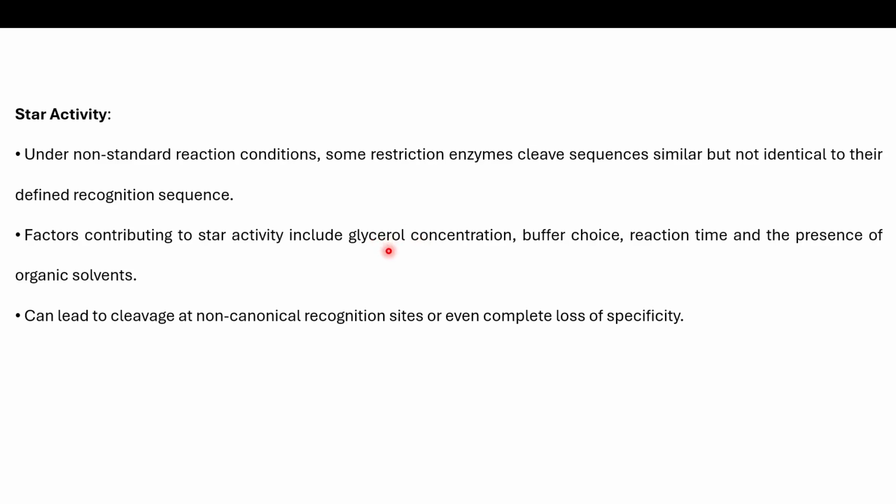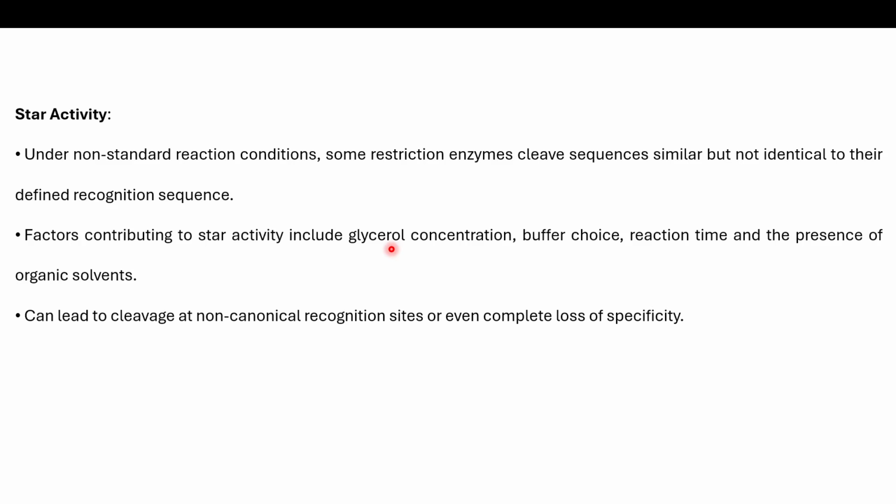Glycerol acts as a cryoprotectant, because multiple freeze-thaw cycles can occur whenever we take the enzymes out of minus 20 or minus 80 degrees Celsius. So glycerol keeps it thawed kind of,